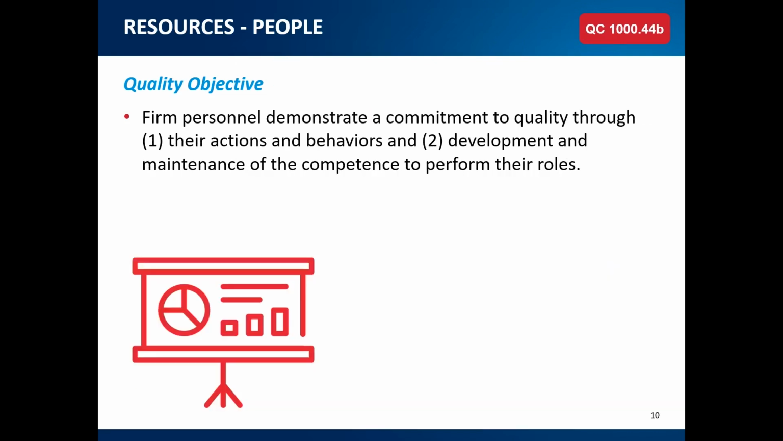The next quality objective in the resources component relates to the firm personnel's commitment to quality. The quality objective requires firm personnel to demonstrate a commitment to quality through their actions and behaviors, and development and maintenance of the competence to perform their roles. A commitment to quality can be demonstrated through a person's actions and behaviors, including consistent adherence to firm policies and procedures, demonstrating key professional attributes like objectivity, integrity, and due professional care, and taking the initiative to develop and maintain